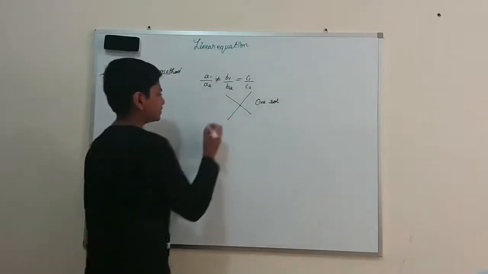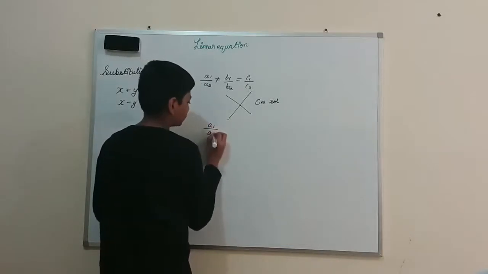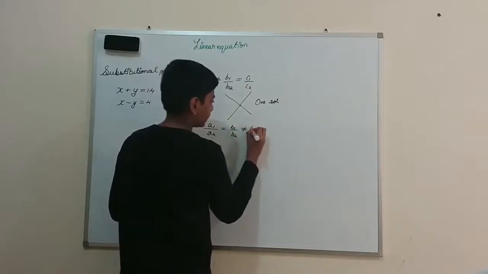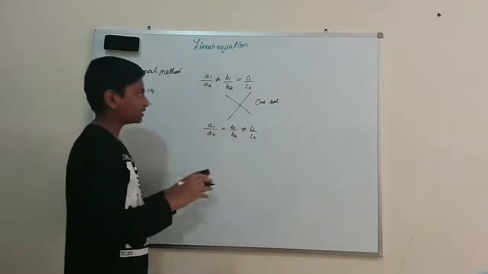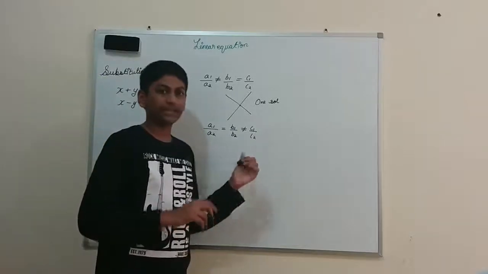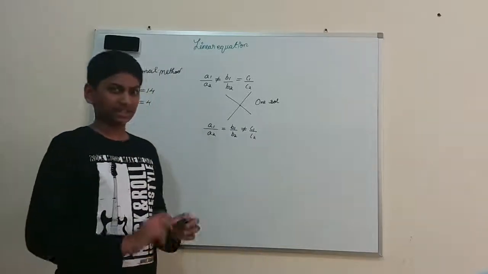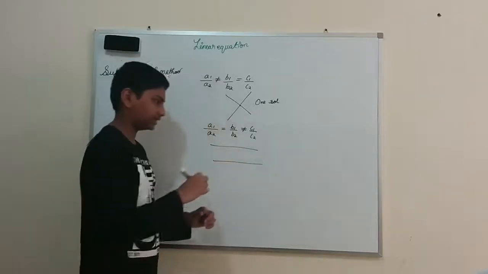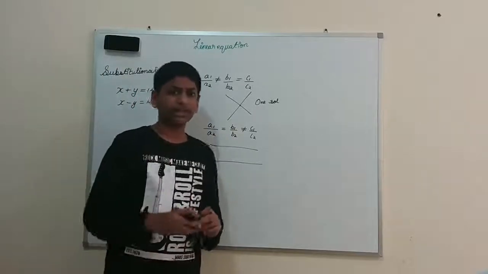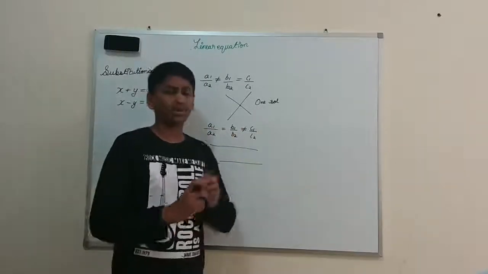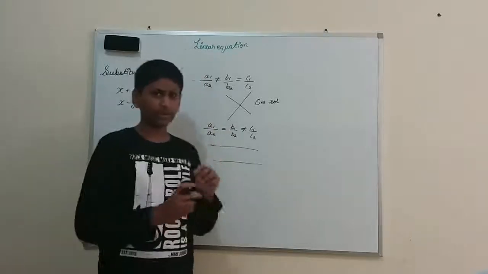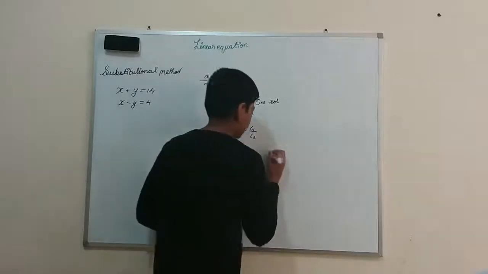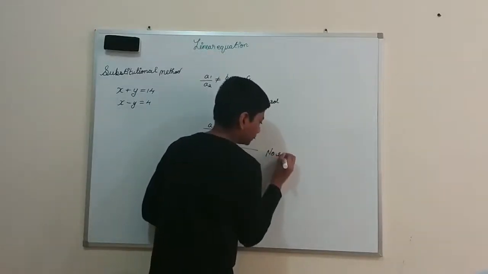Okay, the next one is a1 by a2 equal to b1 by b2 not equal to c1 by c2. If you get a pair like this, the lines of this pair are parallel lines. I think you know parallel lines are a line above or below another line where they don't intersect even once. Last time they intersected at one point, so they got one solution. This time they don't intersect at even one point. They don't have a joining point anywhere. So what will our answer be? No solution. This pair will have no solution.